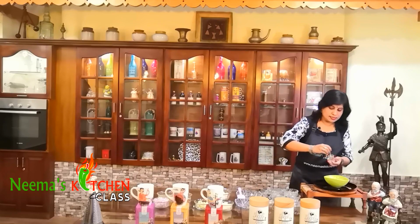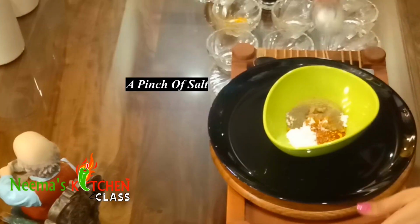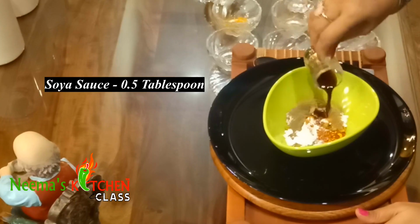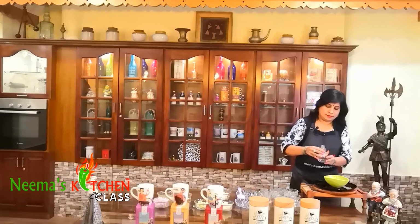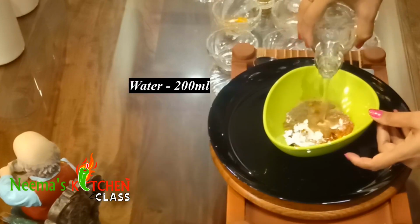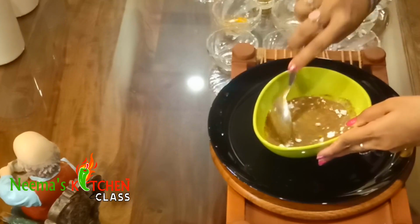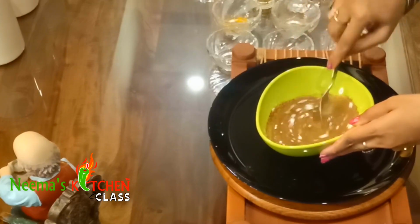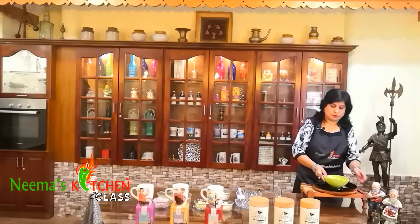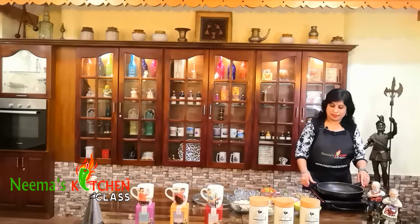Then goes in 1 teaspoon of ginger garlic paste, a pinch of salt for taste, half tablespoon of soya sauce which is optional, and then mix in by adding around 200 ml of water. Let's keep this aside. Next is to heat up a pan and add in